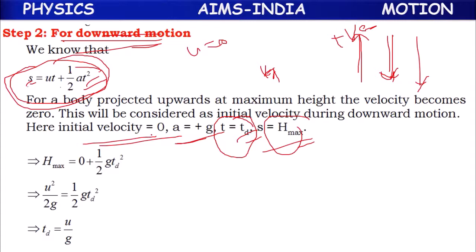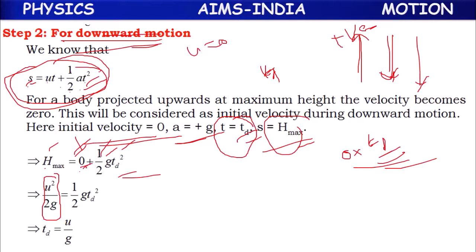Now replace the values, children. In place of s, h max; in place of u, 0, and 0 into td is 0, so that's why we have directly written 0 here. In place of a, g; in place of t, td square. In place of h, we can write u square by 2g. We can remove that 0, leaving half g td square. So if 2g comes to this side,